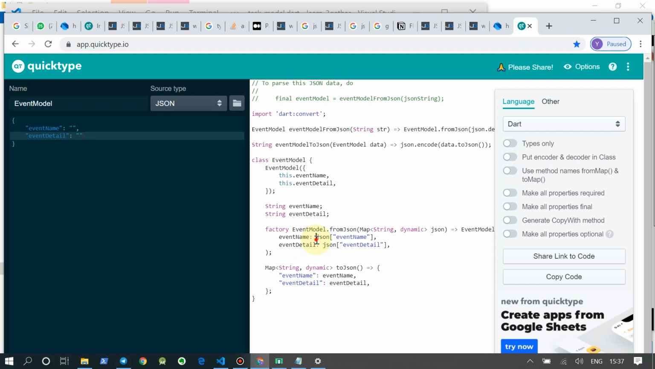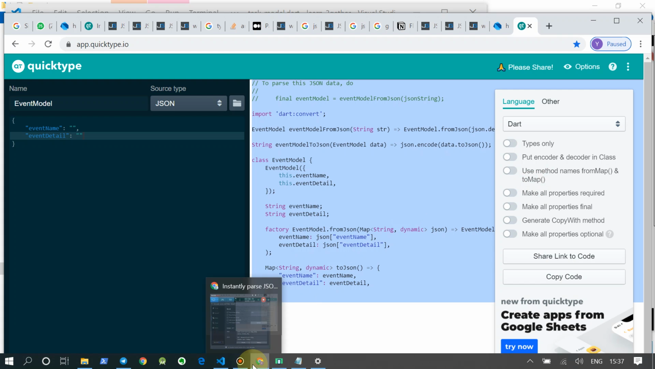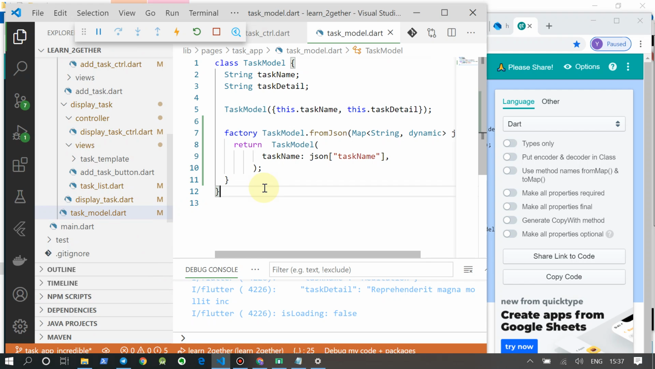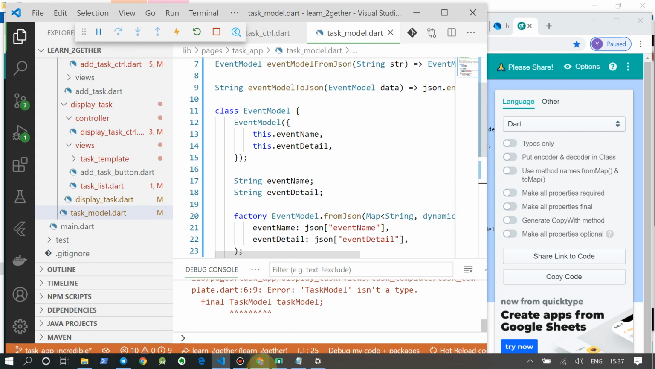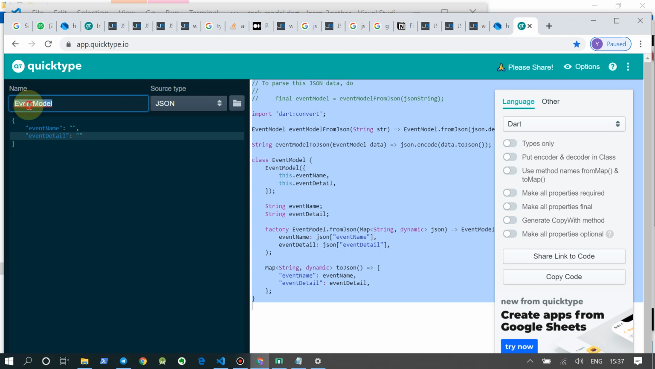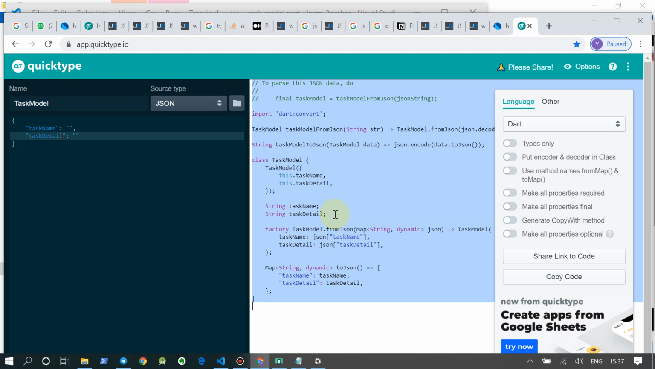So let us copy this whole thing, control C, and you need to have this selected, and then go back, we can just replace it with this. Okay, fine, one more thing, not this thing, we should have this task only, right, task model, then here it was task name, then task detail, fine. Now control C,